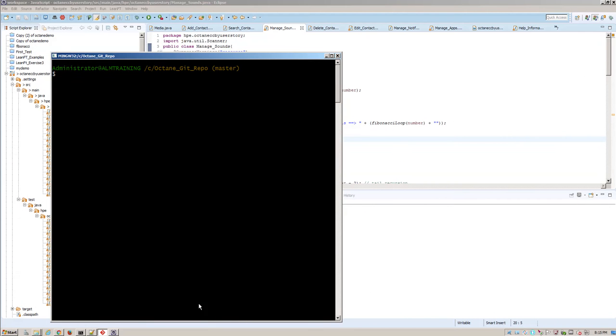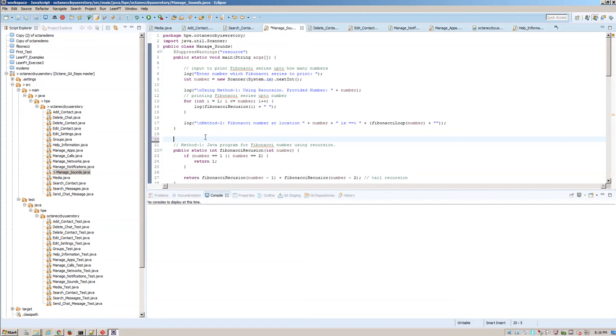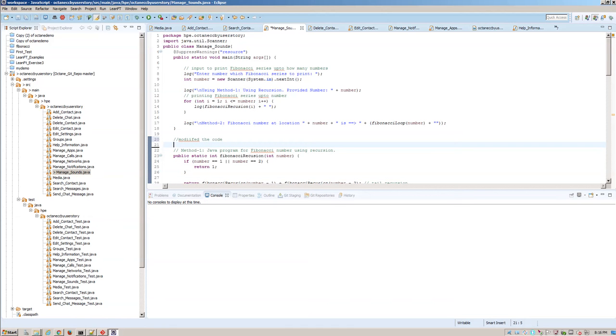So let me bring up the integrated development environment. So we are seeing Eclipse here as the IDE. So I'm going to go and make a change here. As a developer, I start implementing those user stories, and I'm going to make a change. So let's say I modified the code here. So I can go and provide that information, whatever I need to do. So once I'm satisfied with my modification, then I can go and